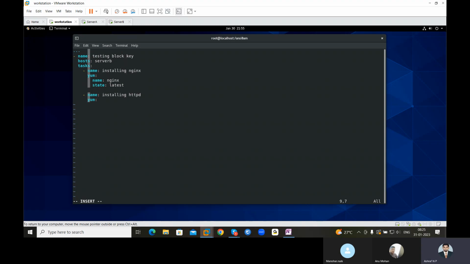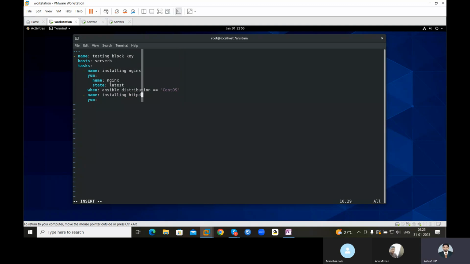I have a condition. Condition is when ansible_distribution is equal to CentOS.